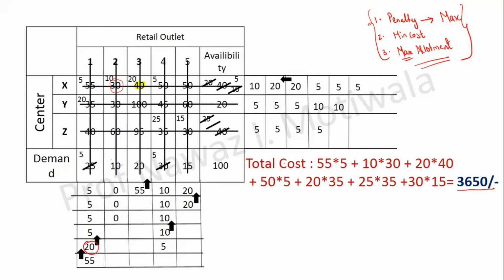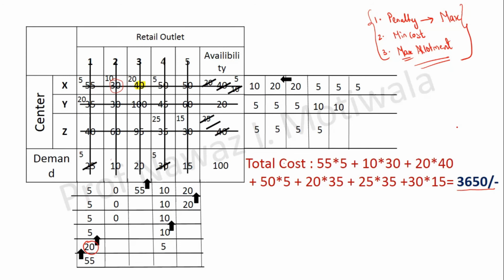So for minimum transportation cost, we need to do the optimality check by modified distribution method or stepping stone method to confirm our answer for optimality. Now, before proceeding further for the optimality check, the first condition to be satisfied is m plus n minus 1 should be equal to the number of allocated cells. This is known as checking for degeneracy. Okay. So the condition for it is m plus n minus 1 should be equal to the number of allocated cells,